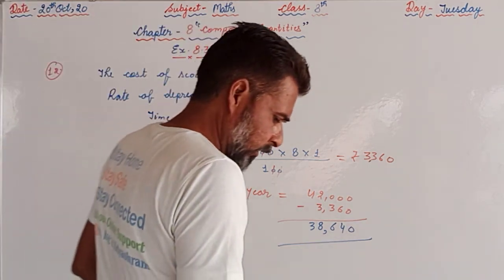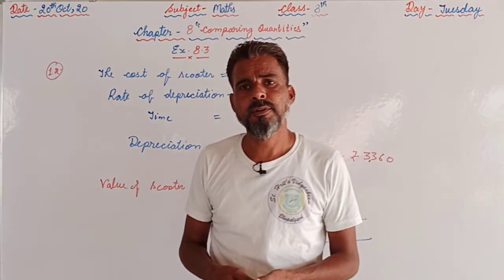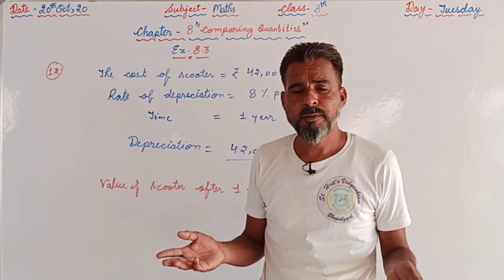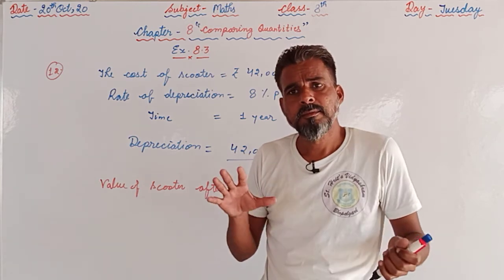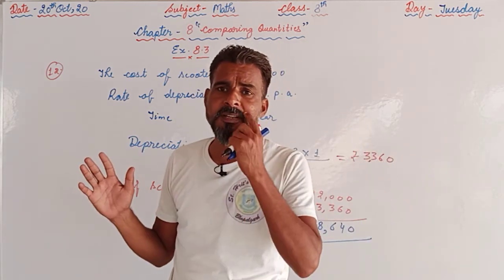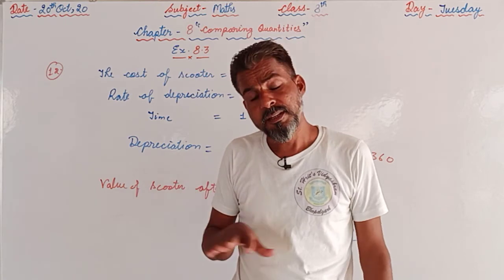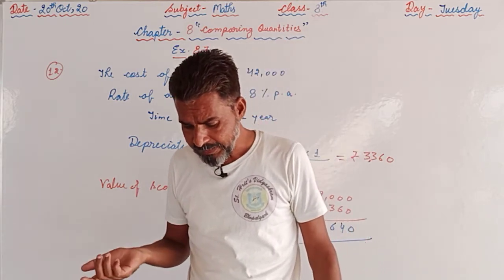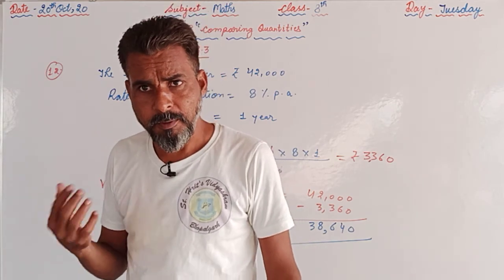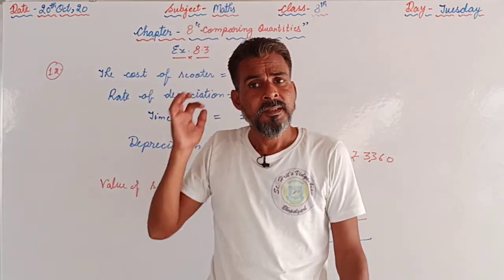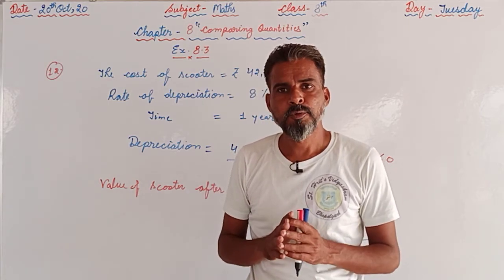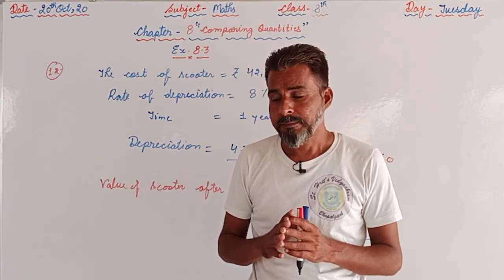Now this was question number 12, and this was the last question of this chapter as well as this exercise. So now what you have to do, you are supposed to go through all the questions given in this chapter, in all the exercises. You are supposed to repeat all the questions, and if you are facing any kind of doubt or any problems, then you can message us or you can even call us. We will try to rectify your doubt so that you can easily proceed with the questions given in this chapter.